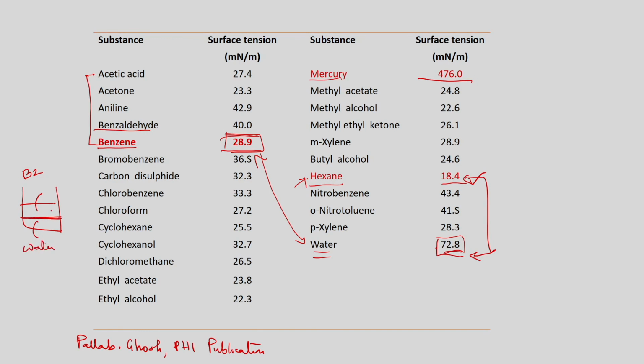So, then you will have two liquid phases, L1 and L2, and this particular portion will give us the interfacial tension. Now, this is different from surface tension. The issue is that interfacial tension will depend upon the temperature. So, these temperatures are all at 298 Kelvin. Now, at this 298.15 Kelvin, if you mix these two values, the interfacial tension of the benzene-water system at this temperature will be somewhere in between the values of 28.9 and 72.8.